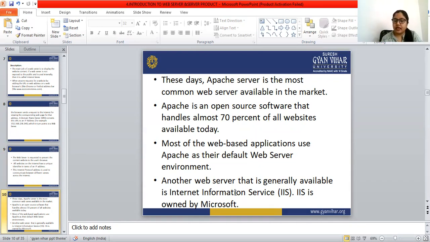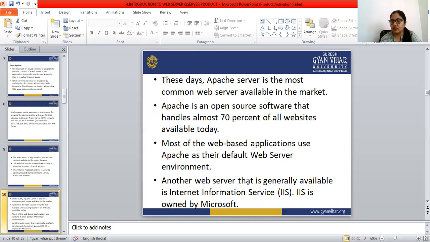Another web server that is generally available is the Internet Information Service. IIS is owned by Microsoft. So there are two commonly used web servers. The first one is the Apache server, which is mostly available in the market.